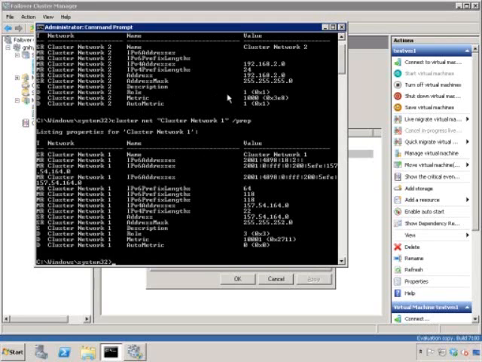Network, as I said, is 1. For a mixed-use network, it is 3. One way of setting a network for private use only is to go and set its role number to 1. And one way of prioritizing which of the private networks will be used for